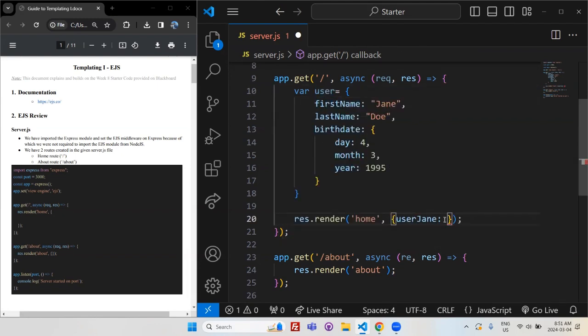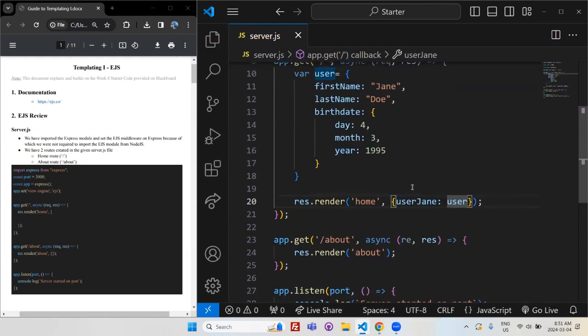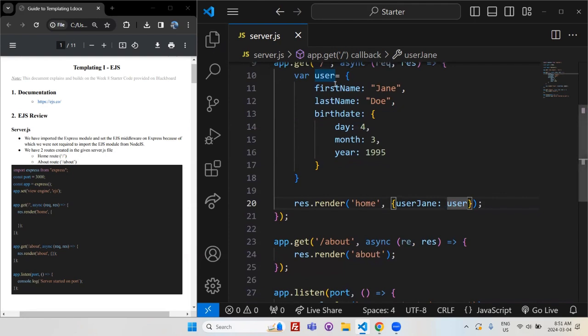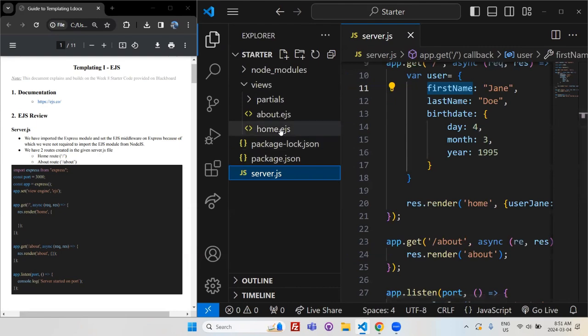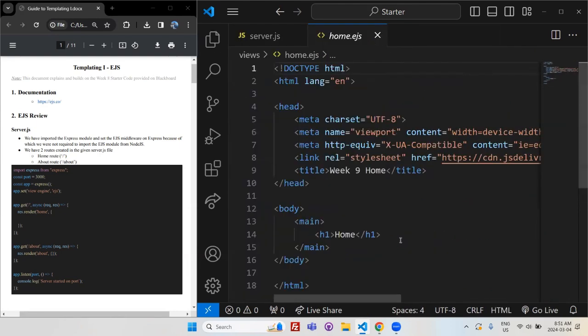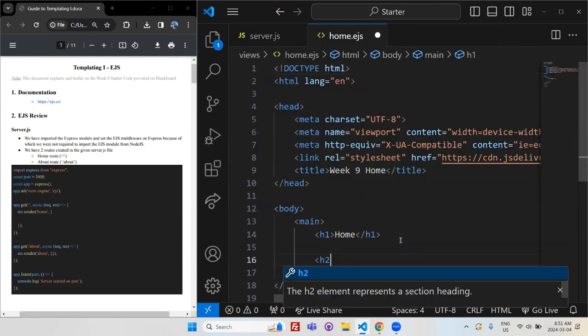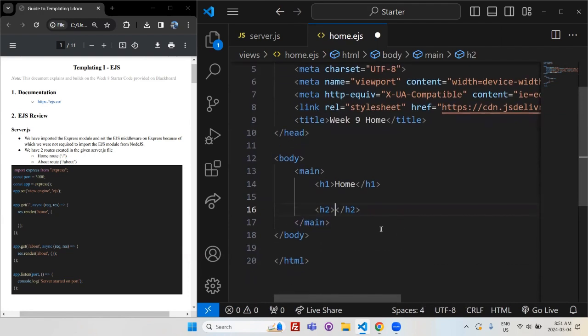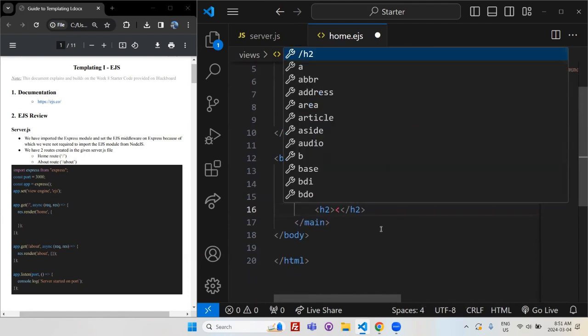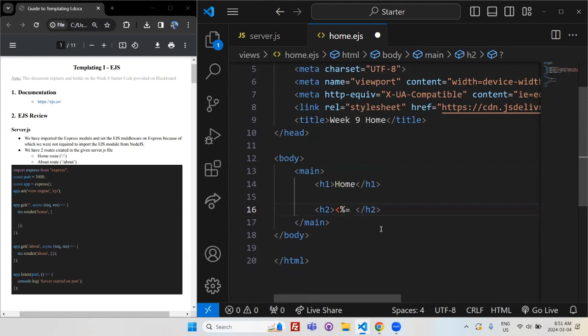So the second object would be user. Basically, let's test it out and see how we can change it. Maybe let's try to print out the first name in home.egs. Going back to home.egs, and I'll come back to the server file. Within here, let's create an h2 tag, and using EJS syntax, let's say, okay, EJS syntax, the